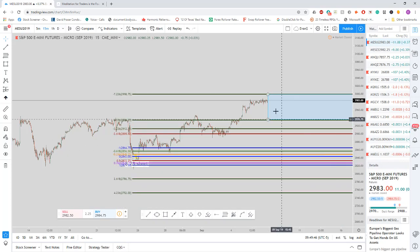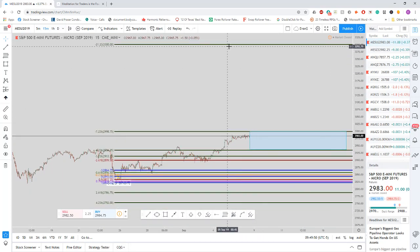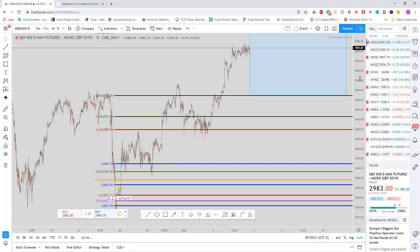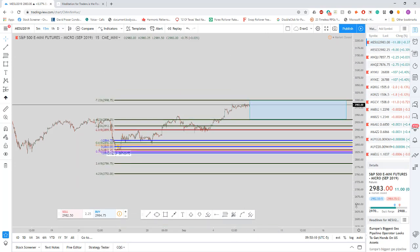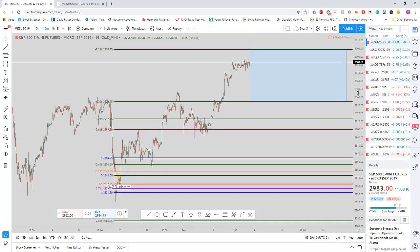But if price blows through it and goes all the way up to 3,300, then the exit moves down here to 2998.75, and that's the last time you move it. So I personally don't think price is going to do that. I think if it does come up, or when it does, I mean eventually it will come up and hit 2987.5, then the exit will be down here, and I really don't think you have to worry about price going up to hitting 3,300. But it's just interesting to note that if price does go up like that CNBC article says,